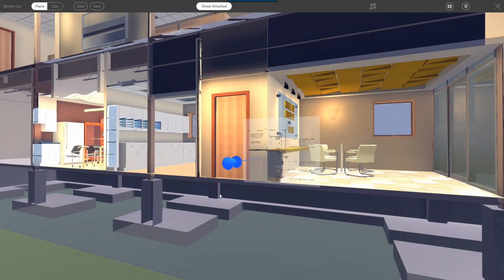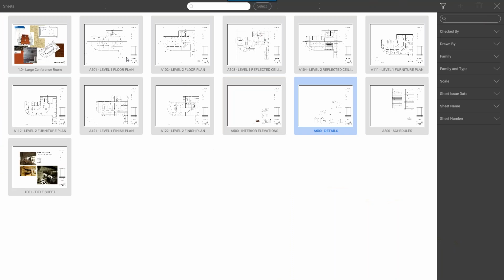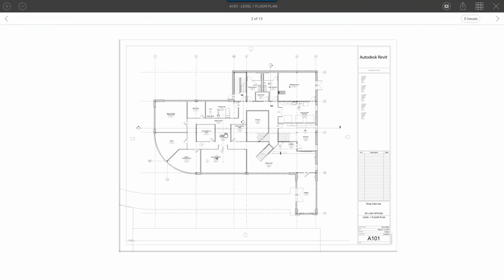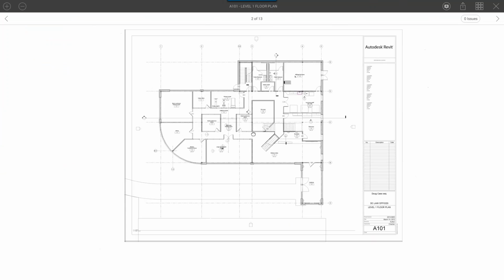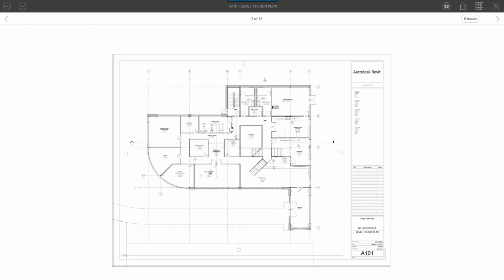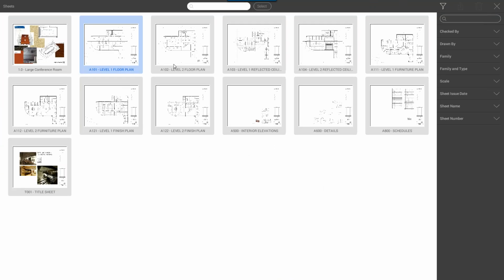If I go back to the sheet view section and do that with the floor plan, so level 1 floor plan, and let's see, how come I don't see the little icon now? Because it doesn't have a connection somehow from the Revit, so you can choose another level. See.